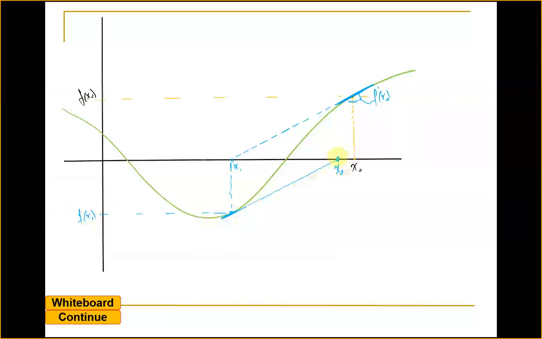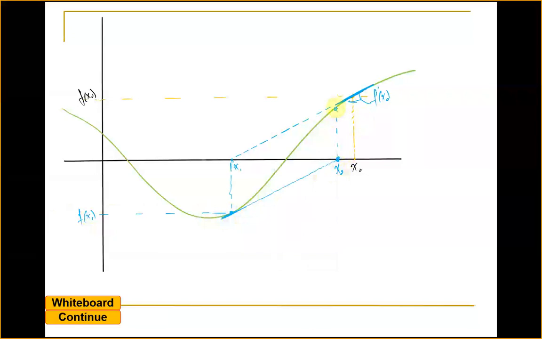And this value now would be the function,